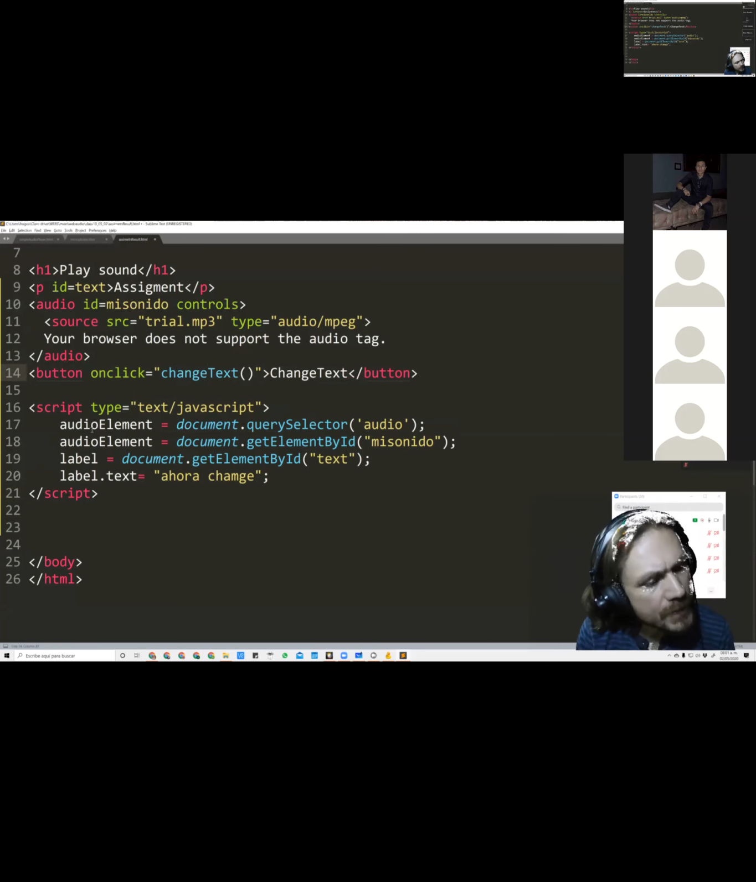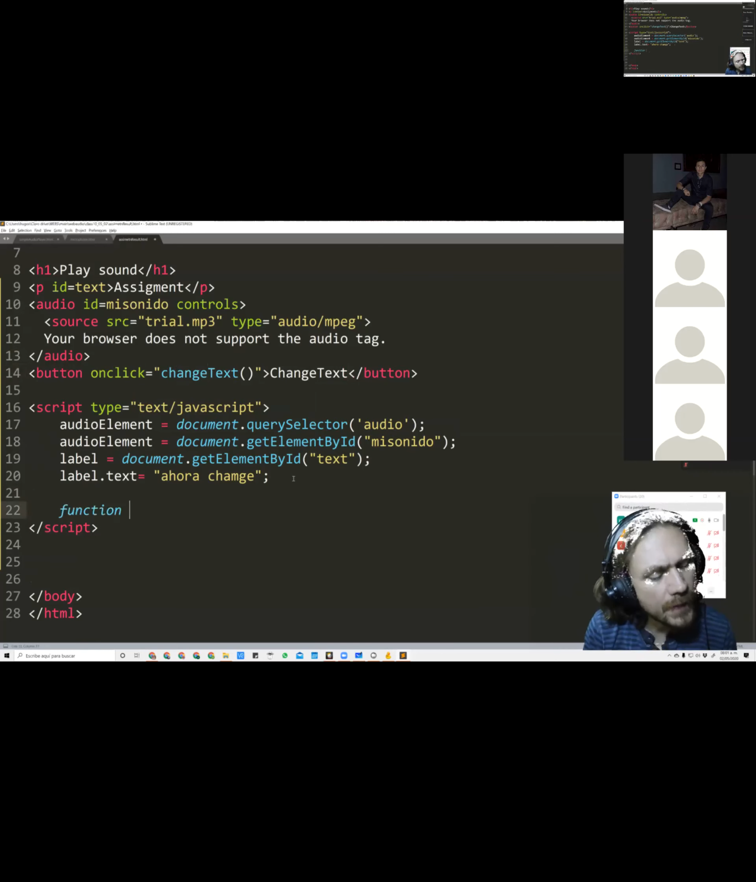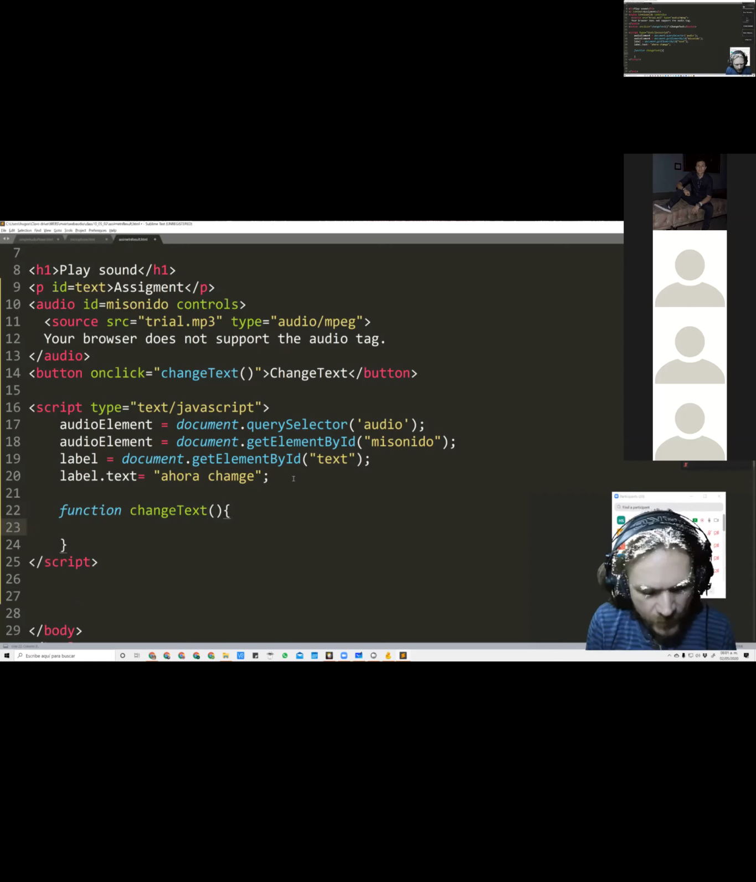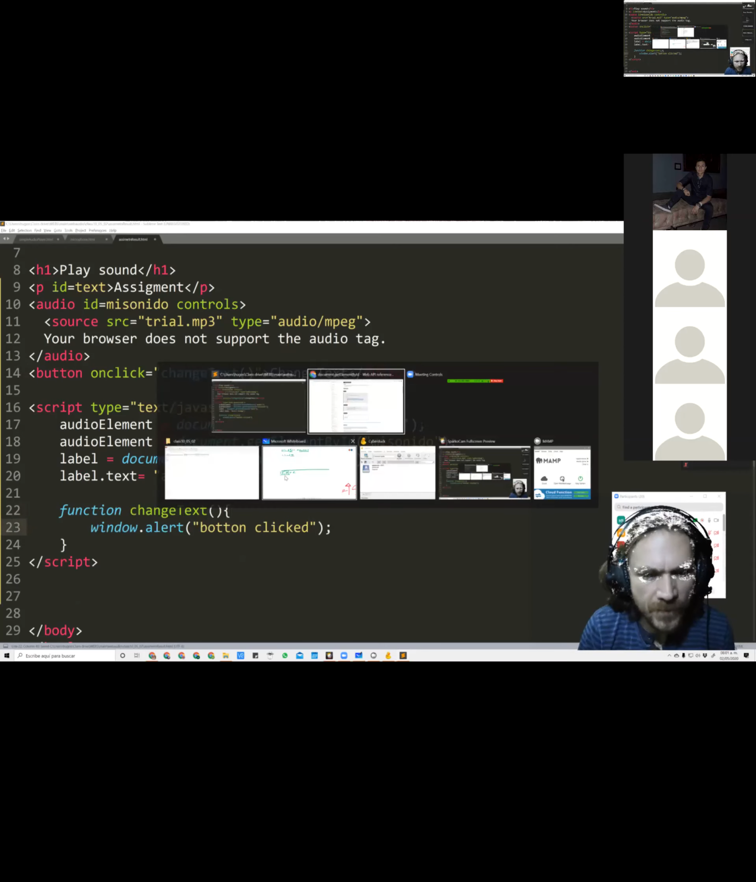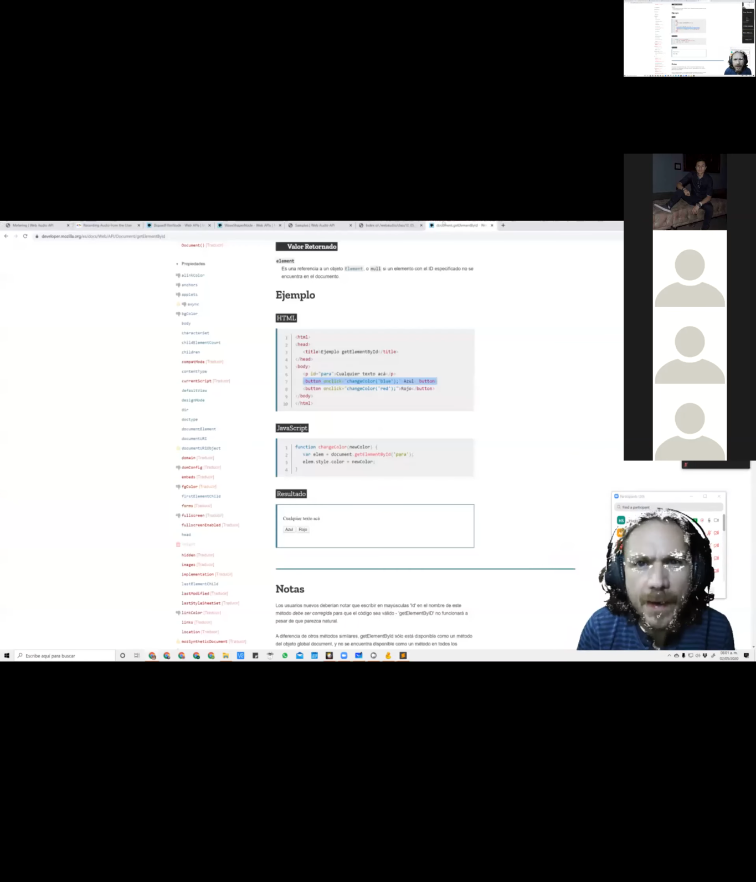Once we are on the script, okay, I can write a function that says change text, okay? And then I can just check first console. Actually, I want to see window alert. I think it's window alert button click it. Okay. If I do that, and then I refresh